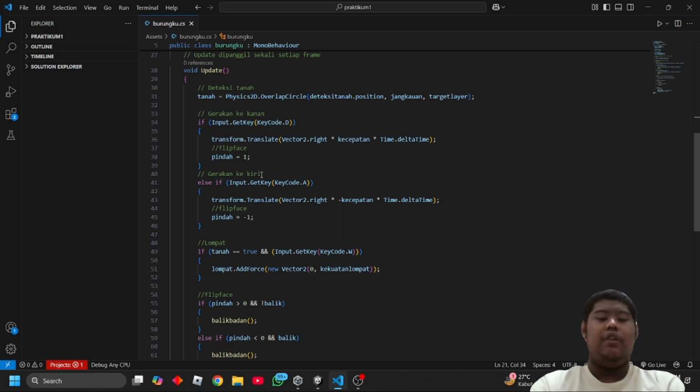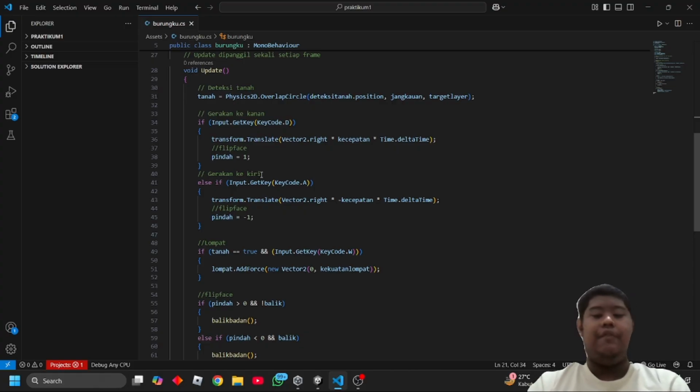Lines 34 to 46, this section manages horizontal movement: pressing D moves the character right, pressing A moves it left, and the direction is stored in pindah for the flipping logic later.